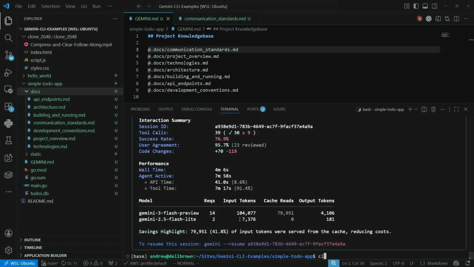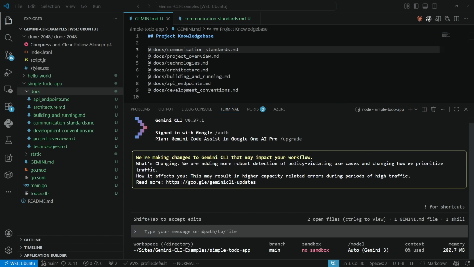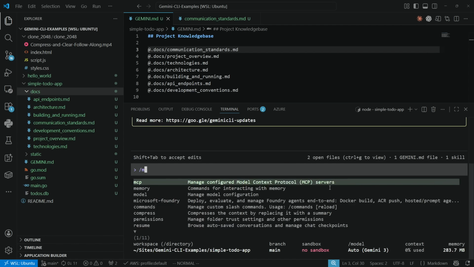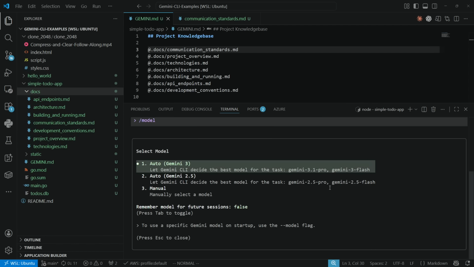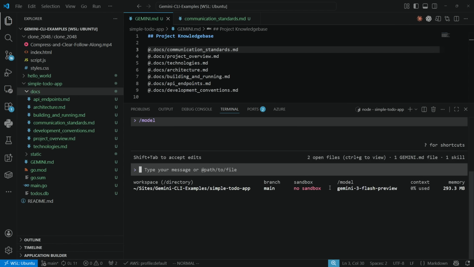Well, before I do, I'm just going to quit out, just to make sure we clear out our session. I guess we could have typed clear. I'm just not in the habit of typing clear for some reason. And we're going to switch out our model. And I want to go to manual. And I want to go to flash preview. And I'm going to just ask it,